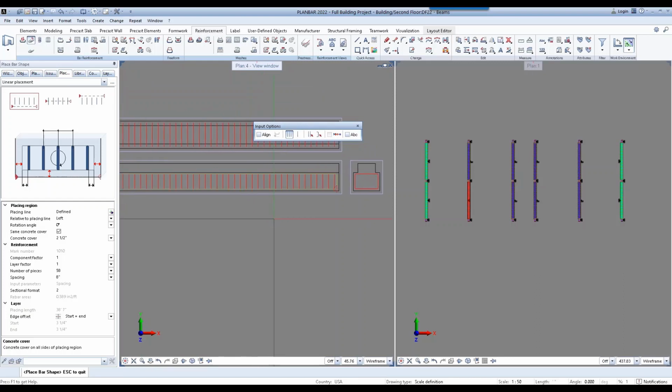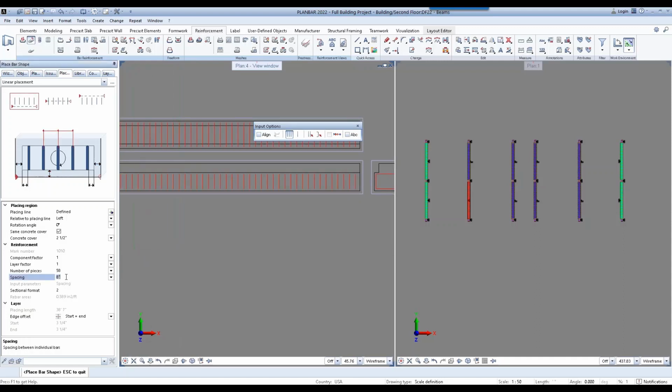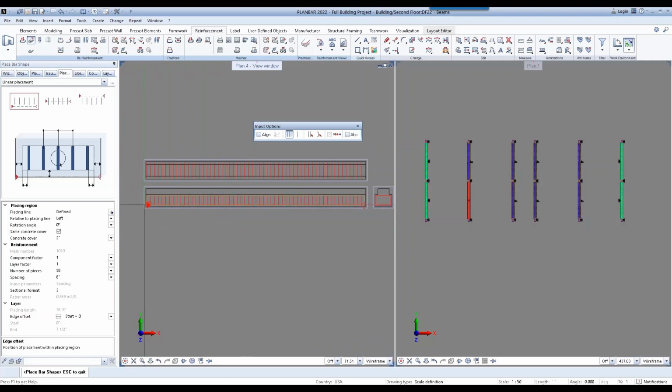You can see that it spaces out the stirrup at 8 inches in the properties. If we want, we could change that here. Just say 4 inches. You can see the total number of stirrups right above. I'm going to keep it at 8. I'm going to change the clear cover to 2. And change how the edge offset is. So I want my bar spacing to start from the first point of the bar placement and continue the spacing from there.